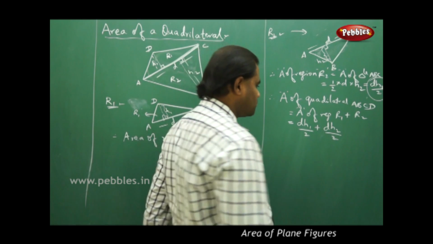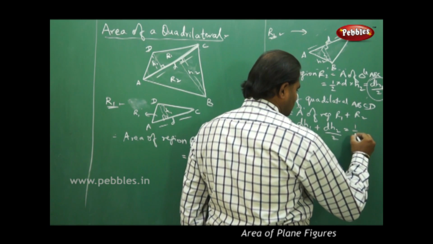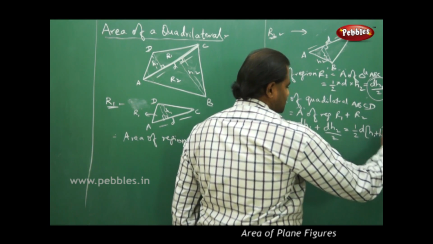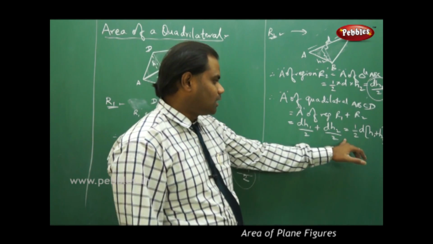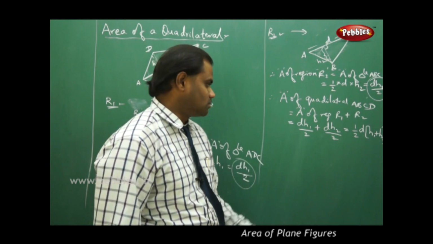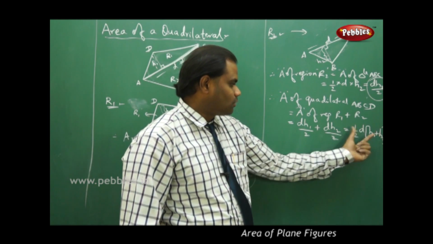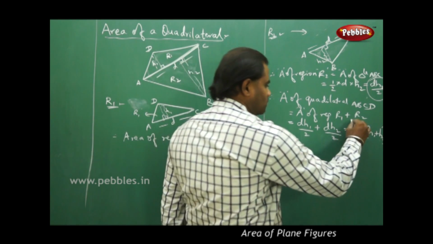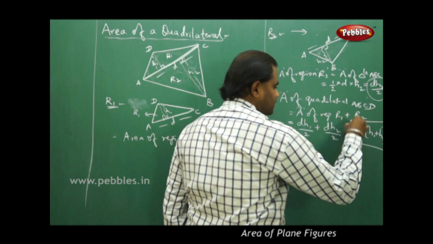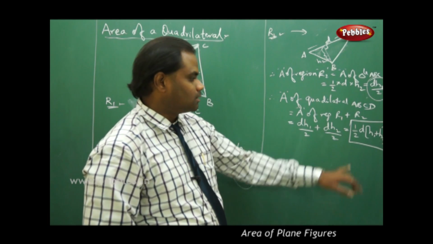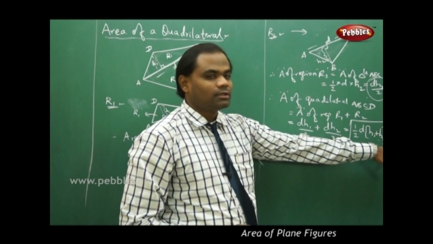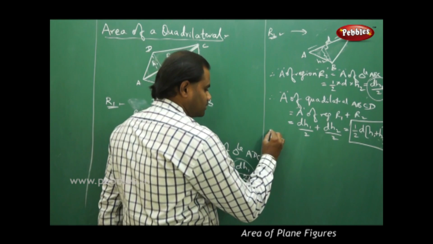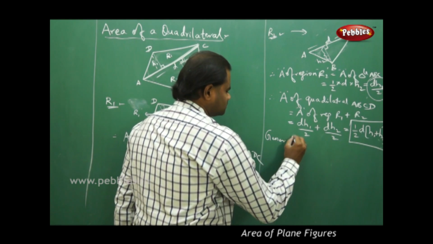On further simplification, taking half D common, this gives me half D into H1 plus H2, because I have taken D by 2 common from both the terms outside the bracket. So this is how I obtain the formula for the area of quadrilateral ABCD: half the diagonal into the sum of the two different heights taken into consideration. Therefore, in general, if I take the general form,